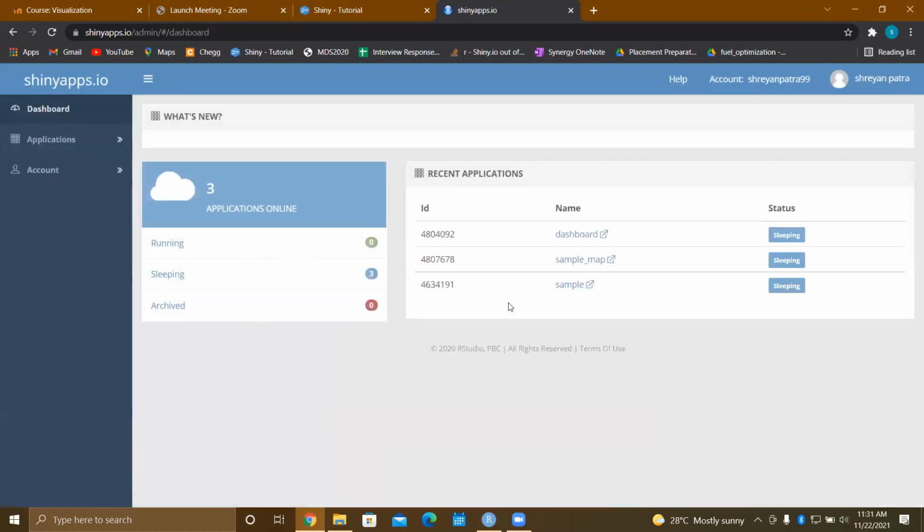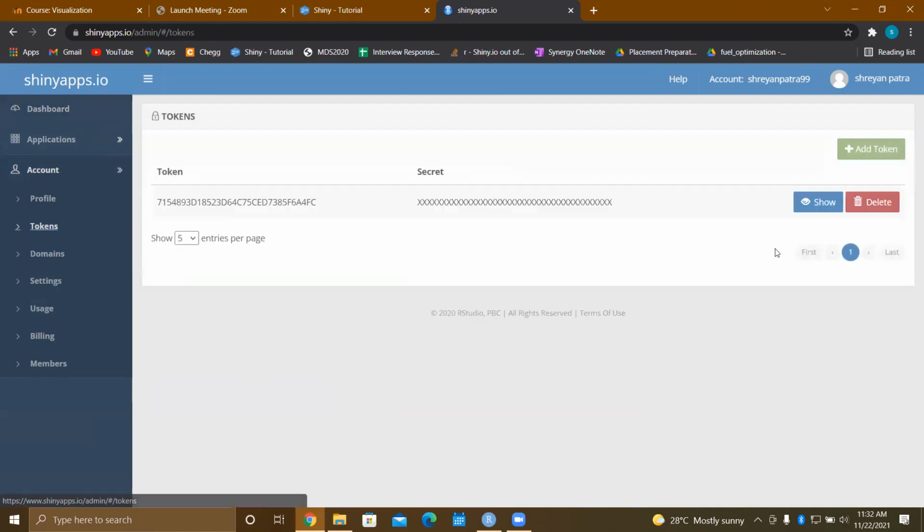Yeah, here it is. So something like this will happen. You have no dashboards here, so nothing will show you. You go to account. You can see an item called tokens. Okay, click on that.